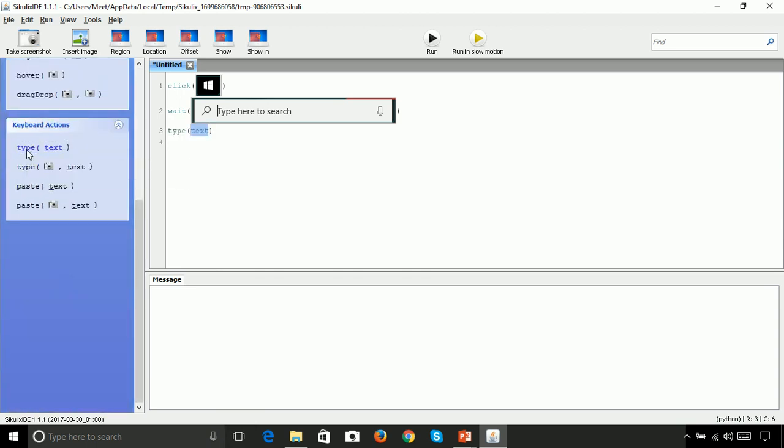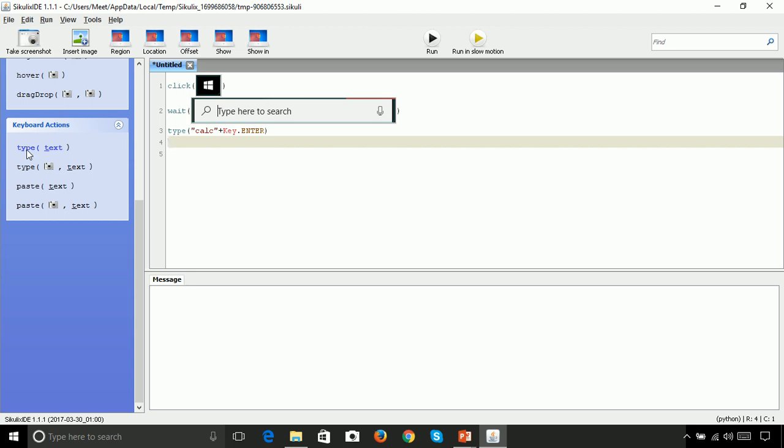So let's use the function type and calc, and then we have to hit the enter. Plus is the concatenation operator here, and to hit the enter we will use a special key. Please note that CiCLI is case sensitive, so Key should be in init cap and ENTER should be in capitals.